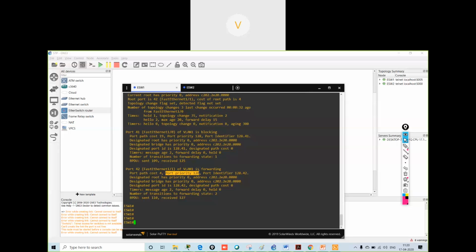To make it a root port. To select the root port, it will have multiple paths.